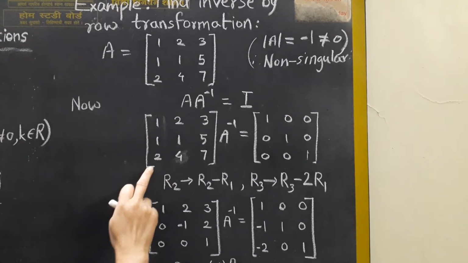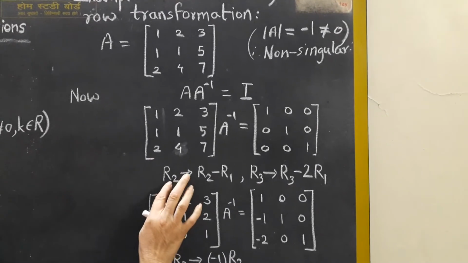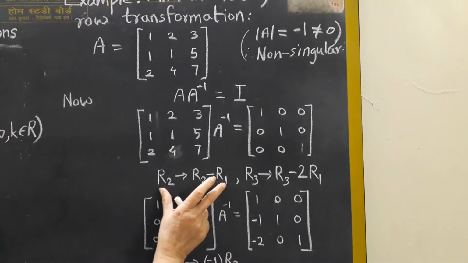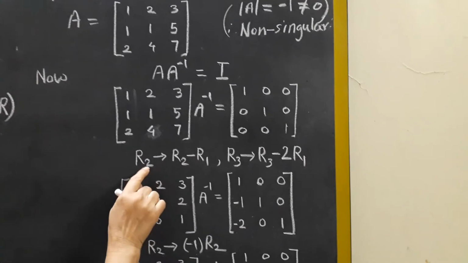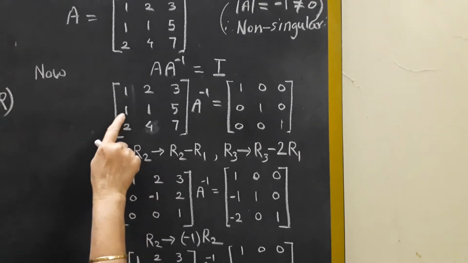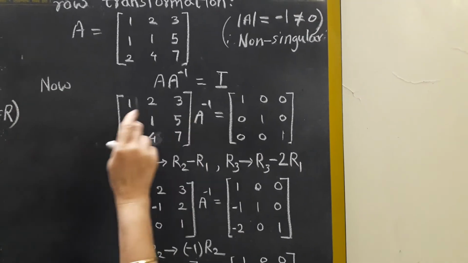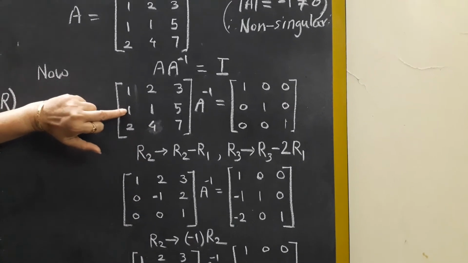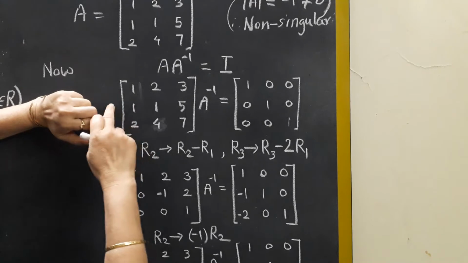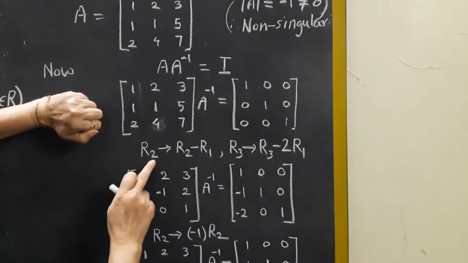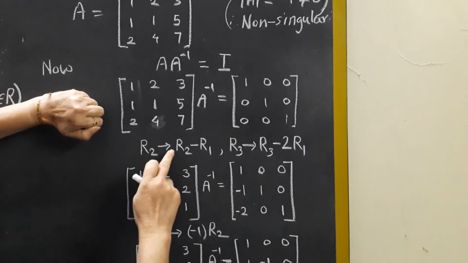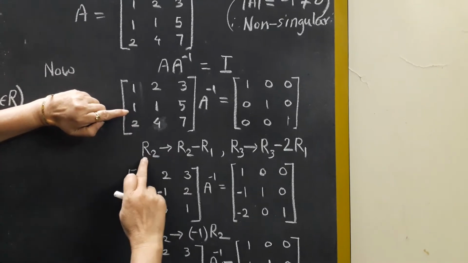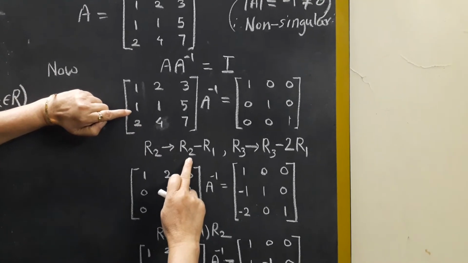This can be done simultaneously. The transformation we are going to use starts with R2, where we want to convert this 1 into 0. So R2 changes to the same thing,